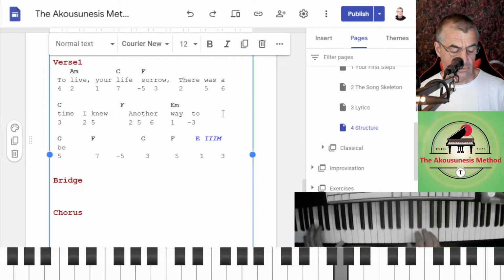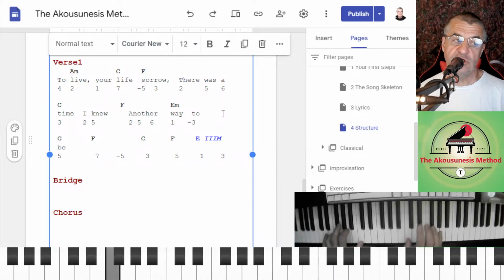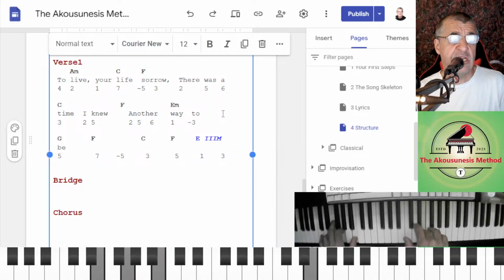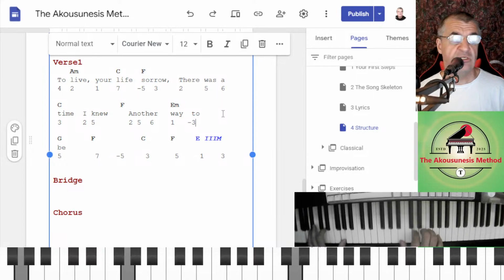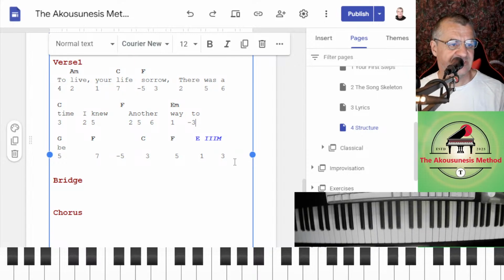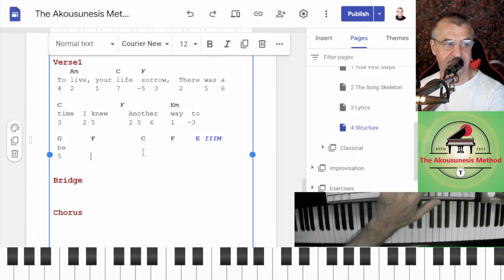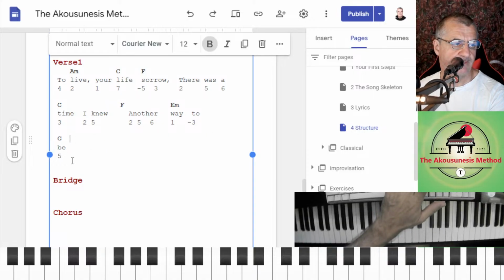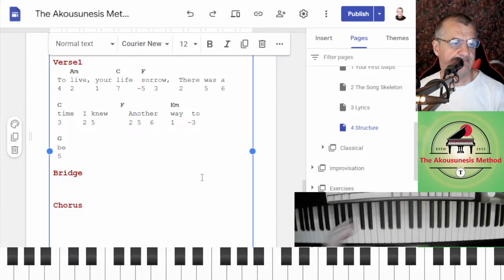Time I knew, another way to be. It's sort of ending now, the verse there. It's sort of an end. You don't need all this now. Right?